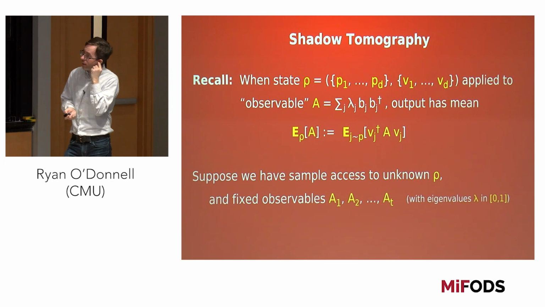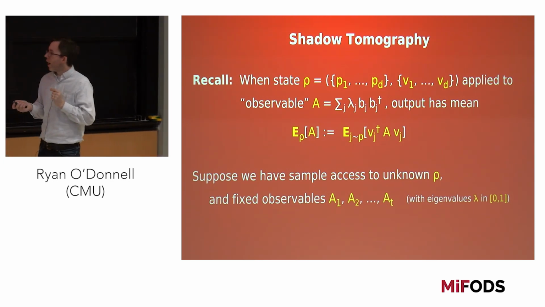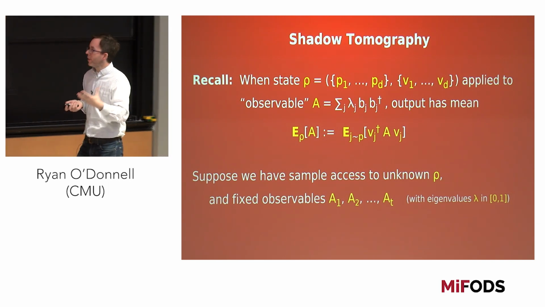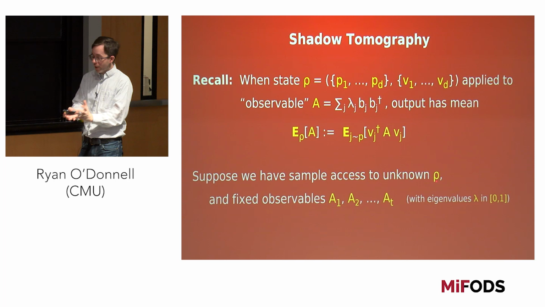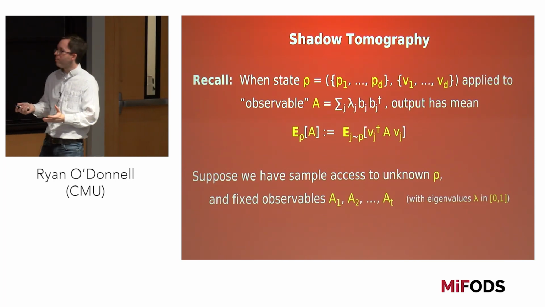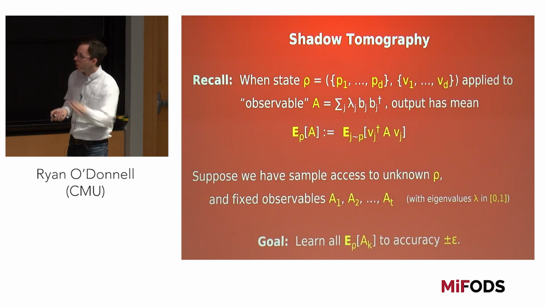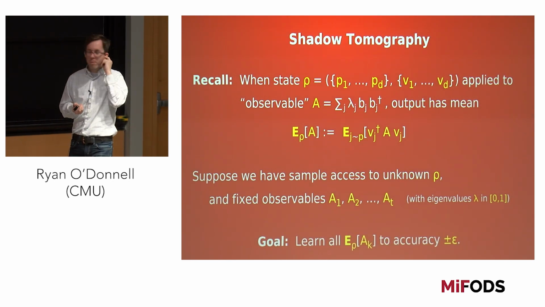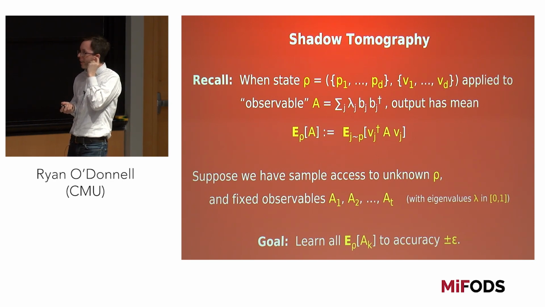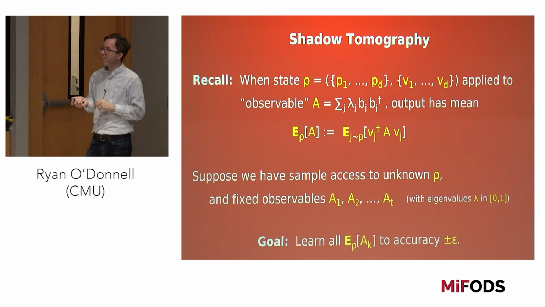So the classical analog, by the way, is this problem, which turns out to be a quite trivial problem. You're given sample access to an unknown probability distribution over 1 through d. And you're also given t fixed functions, literally in your hands, the descriptions, that map outcomes 1 through d to a real number between 0 and 1. And you want to learn all the means of these functions with respect to probability distribution p up to plus or minus epsilon. So just to check if you're still with me, can anybody tell me the classical sample complexity for this problem?